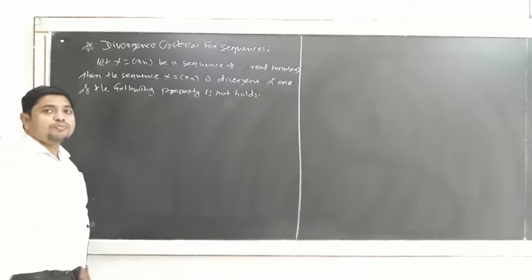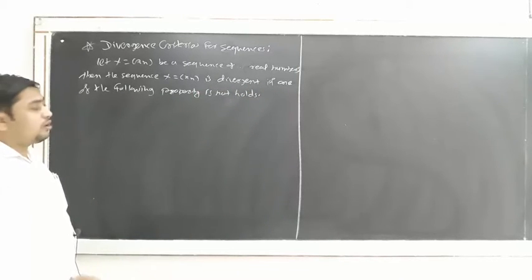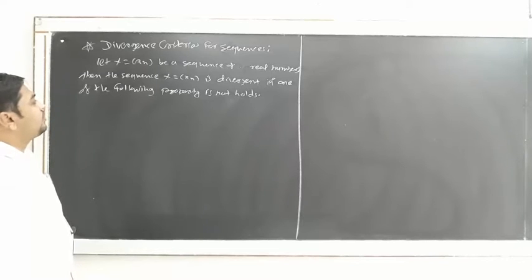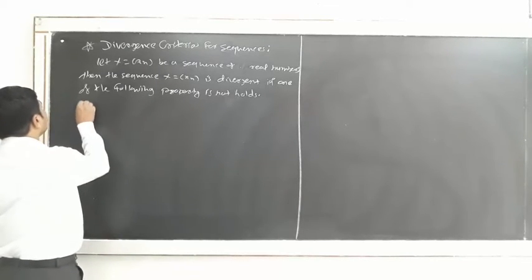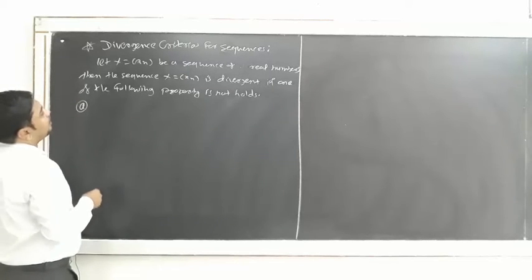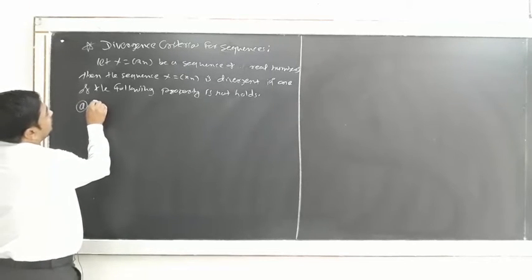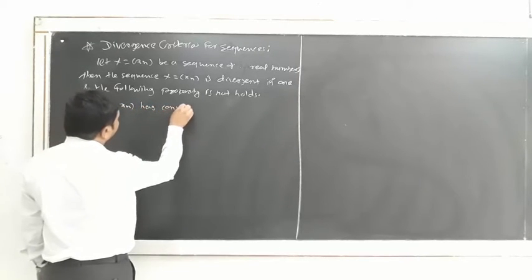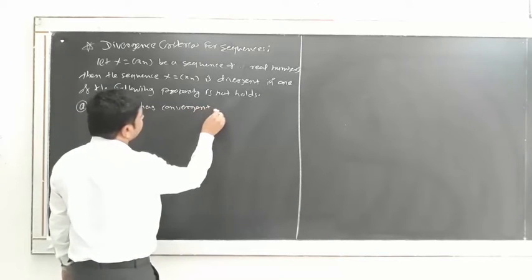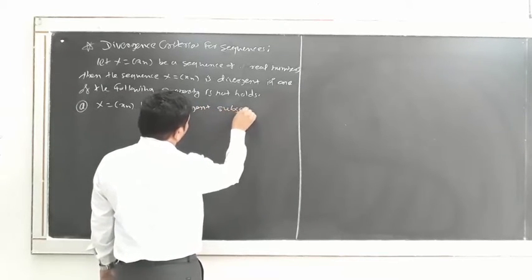That is, if one of the properties does not hold, then we say that the sequence is divergent. So what are the two properties we have? If X = (xn) has convergent subsequences,